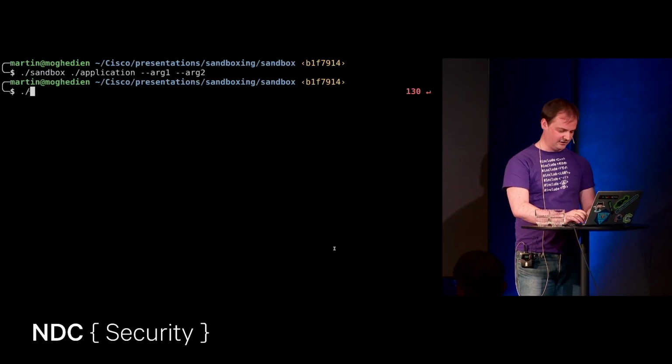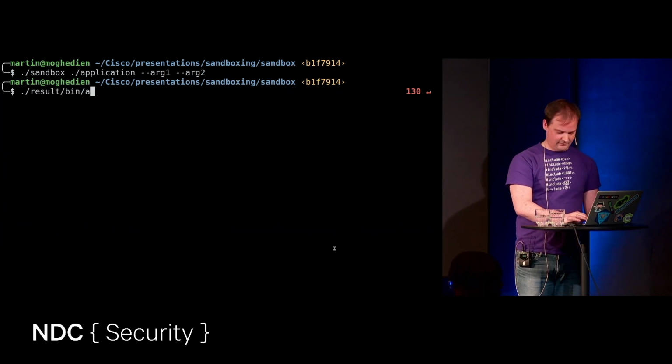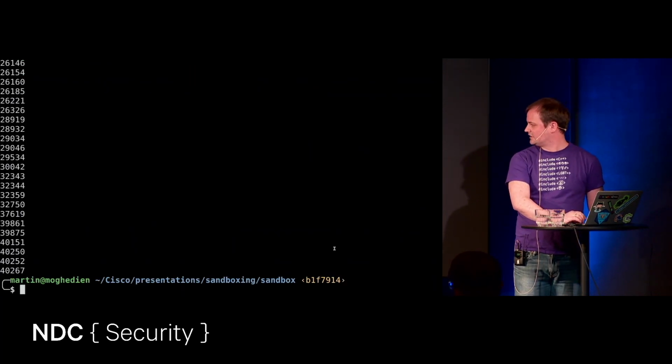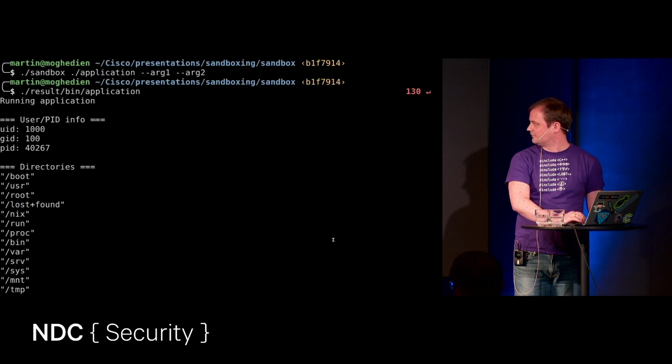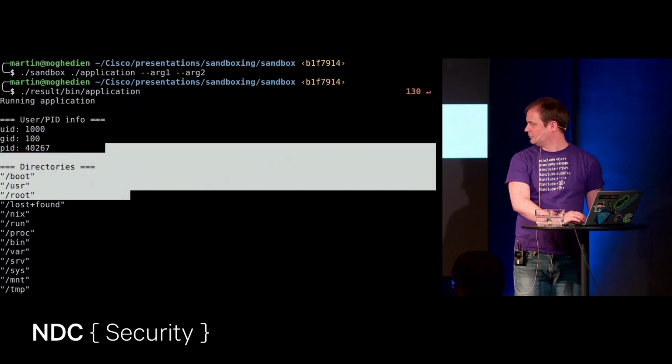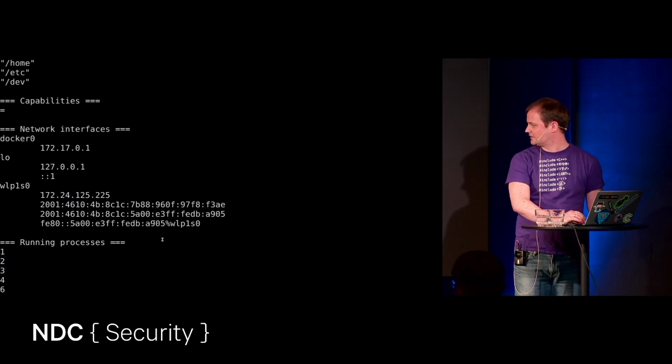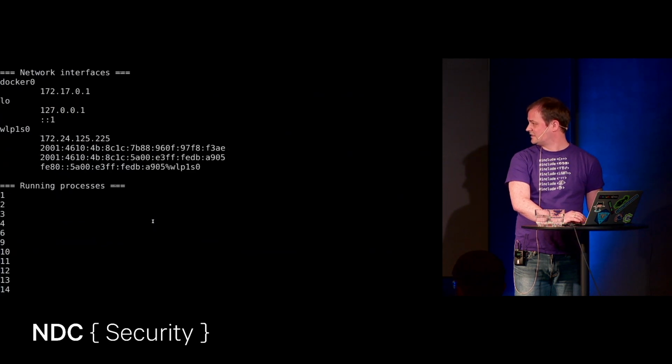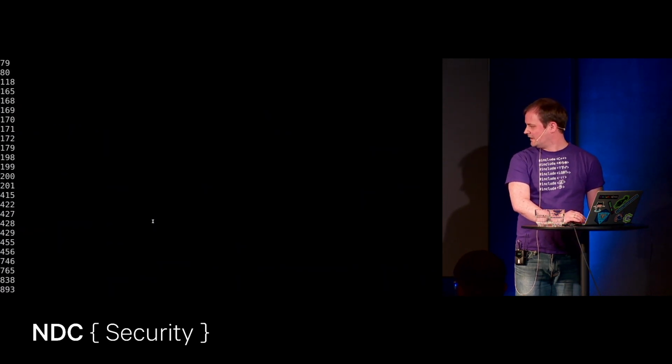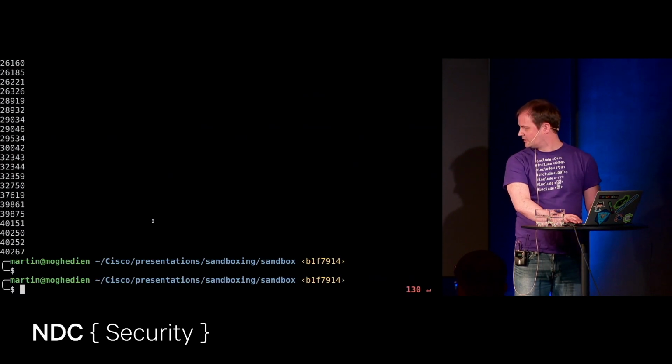So I have this application. It doesn't really do much interesting stuff except find lots of information of the device. So it finds UID, GID, PID, what directories are in the root directory, and all the PIDs, network interfaces, capabilities, and such. So how to run this sandbox is,